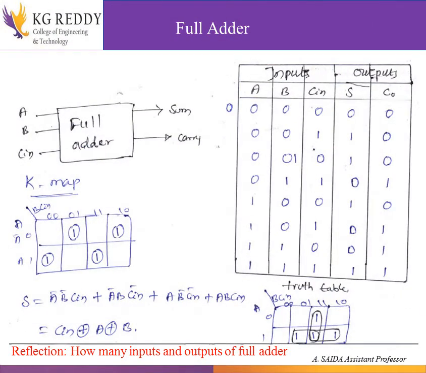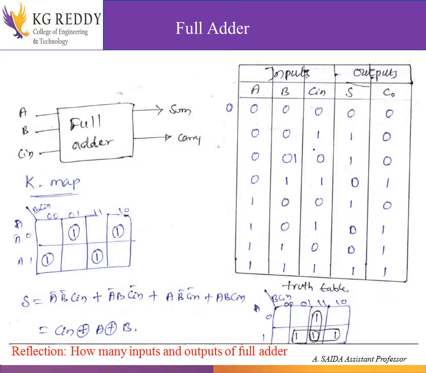Full adder. In the full adder, the drawbacks of the half adder will be overcome. The drawback of the half adder is that it only implements two single bits. It will not consider 3 bits. For example, when we add, the carry will be added to the two single bits, so it becomes 3 bits. 3 bits is not possible in the half adder. That is the biggest drawback of the half adder. So to overcome the half adder's drawbacks, we are going for the full adder.